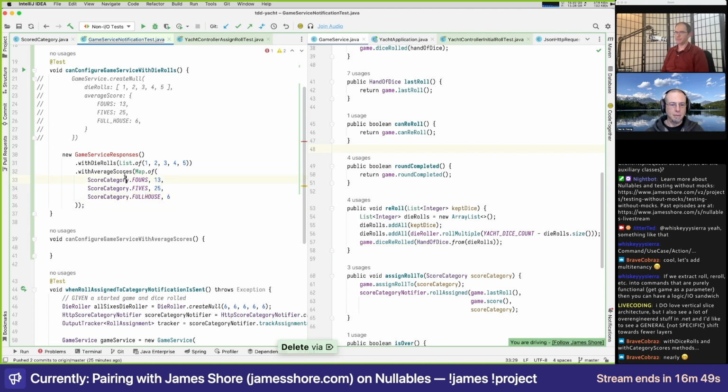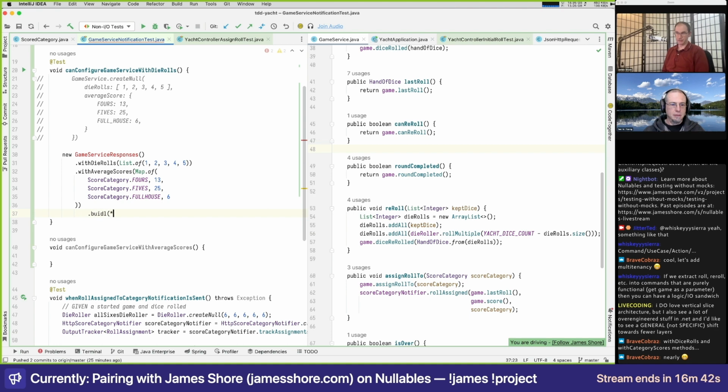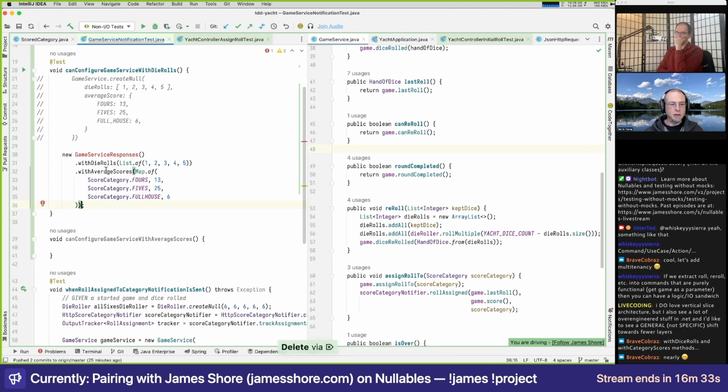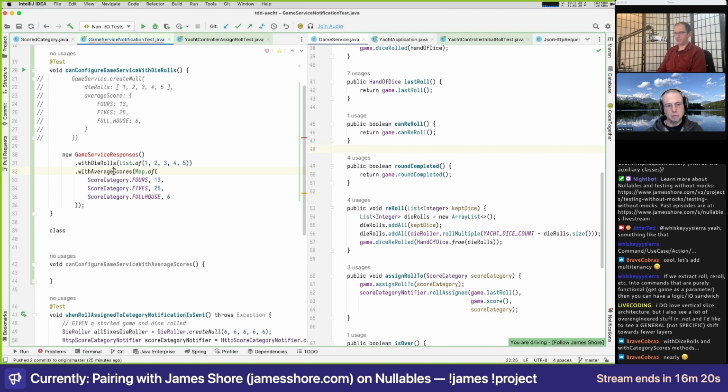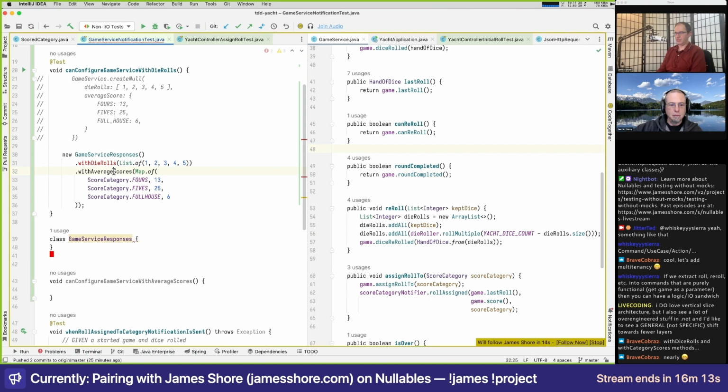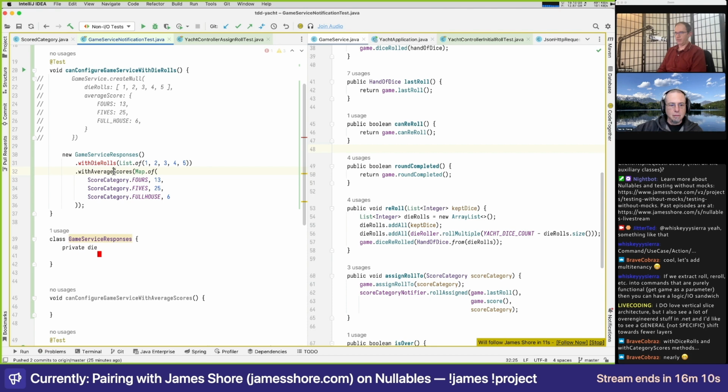Yep. And then, of course, each of those would have defaults. Right. And so then we'll need a build. We don't even have to do a .build at the end, if we're assuming that you must specify everything, that this is the terminal one. No, we don't even have to do that. We could implement it something like this. Maybe I'm mistaken, but if we have a private die rolls, then with die rolls